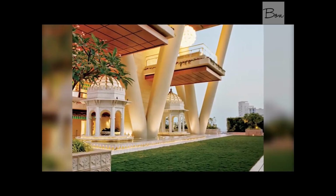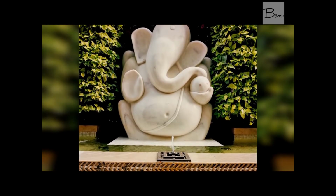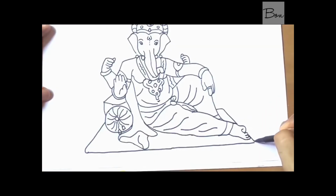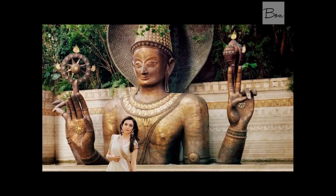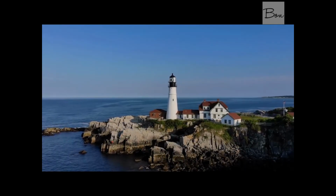There is a temple in the home in which the family of 6 goes to pray regularly. There are many statues of Hindu deities throughout the home, including the Hindu god Ganesh, revered as the remover of obstacles, and Shiva, the Hindu deity who destroys to make way for new creation. Along with religious themes and the motifs of lotus and sun, the house is said to have been inspired by